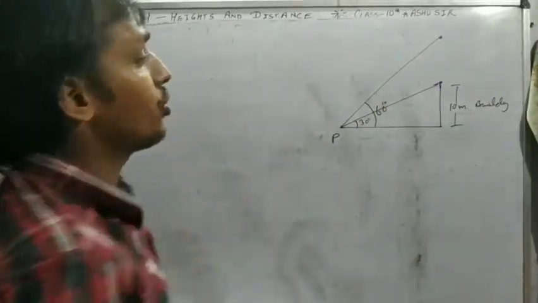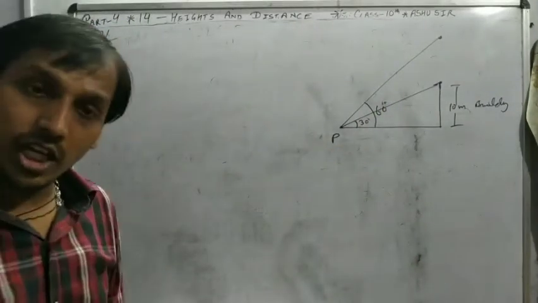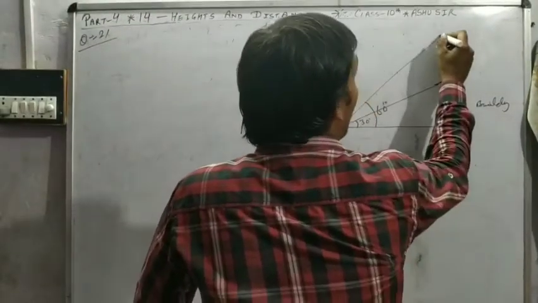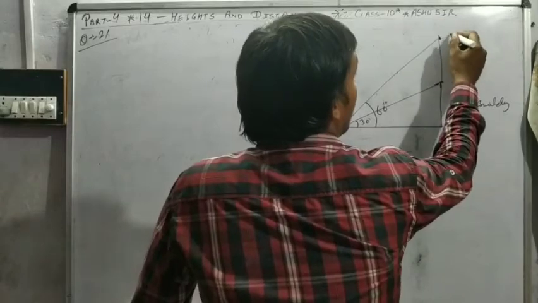It means the angle of elevation of the top of the building is 30 degree and the helicopter, which is exactly above the building, is